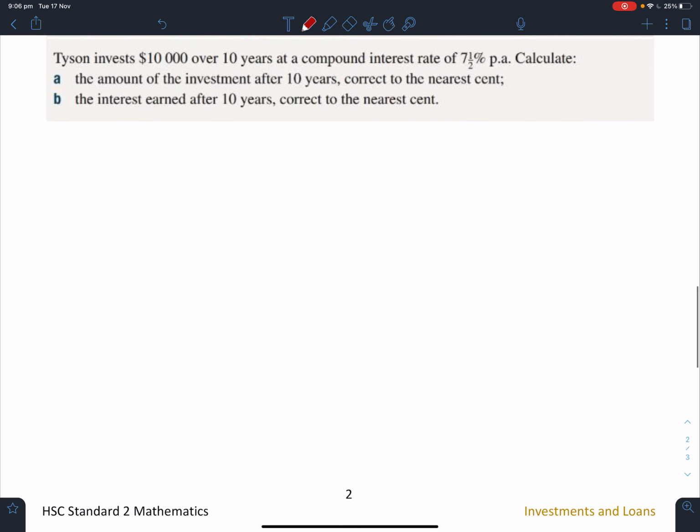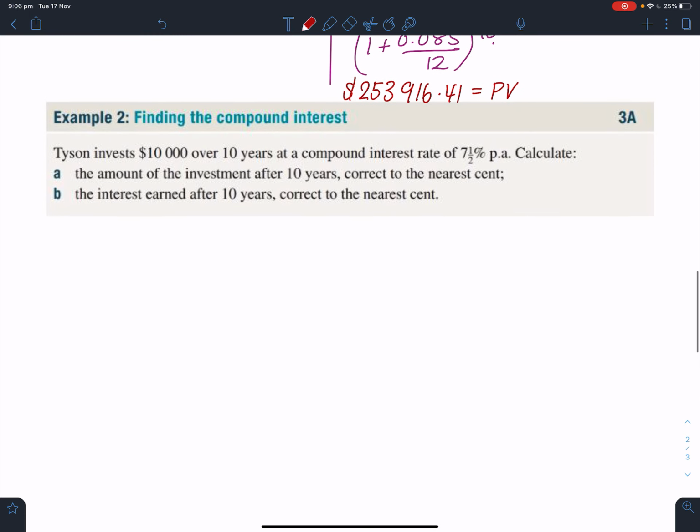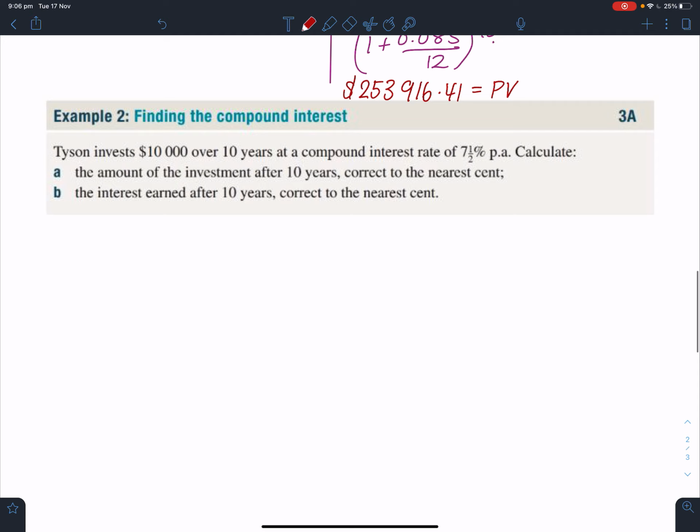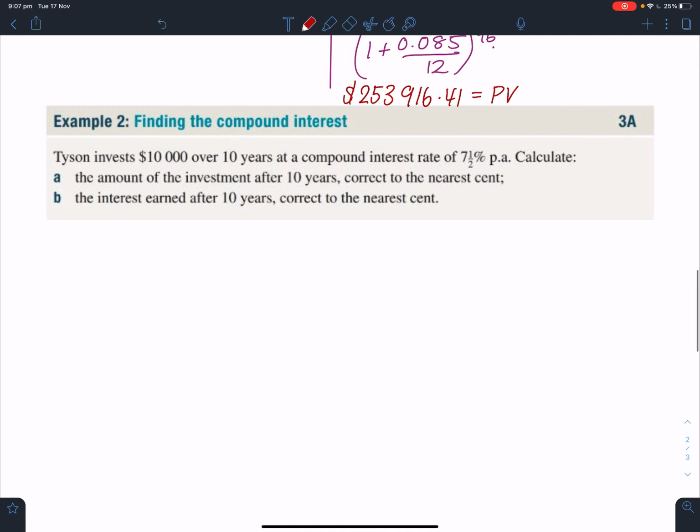Let's have a look at example 2. Example 2 says Tyson invests $10,000 over 10 years at a compound interest rate of 7.5% per annum. Calculate the amount of the investment after 10 years, correct to the nearest cent. Okay, so again,